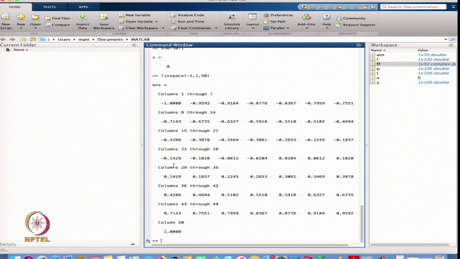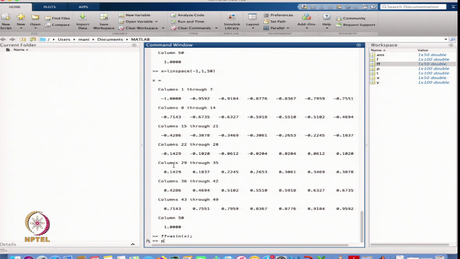So, that is the value we are getting. So, I can now define this as x is equal to this. Now, I can define my function double f is equal to a sine x.